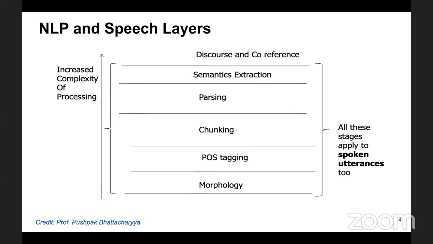When you look at discourse and co-reference, this is the toughest layer of NLP. This is where tasks such as sarcasm detection and co-reference resolution are performed. And unless you have an understanding of the layers below, and how from word level to sentence level the sentence has meant or how the sentence has been structured, then you're probably not doing NLP, you're probably just into data science. I'm sorry, this is a distinction I had to make,